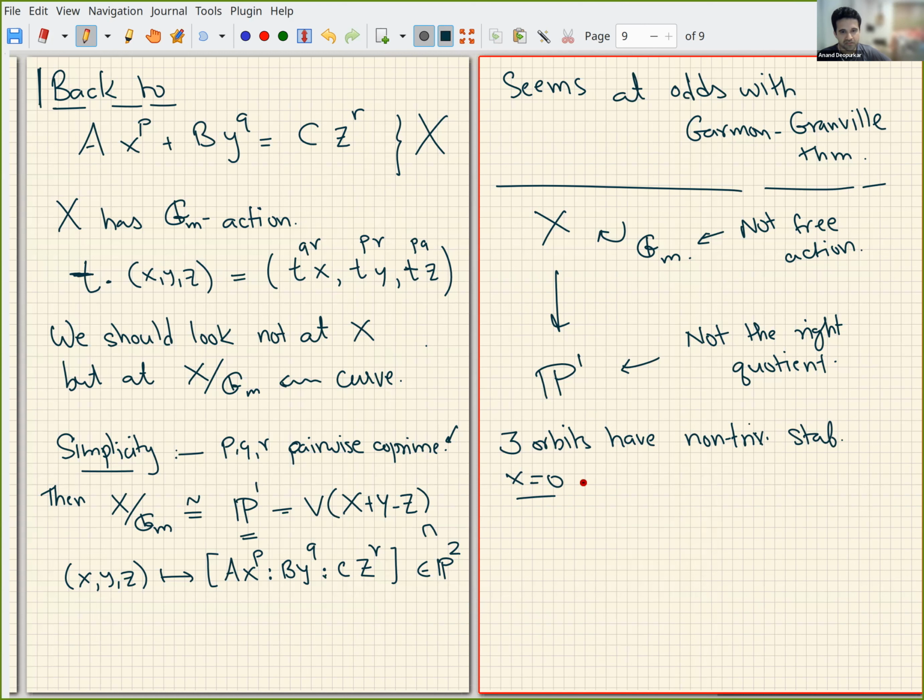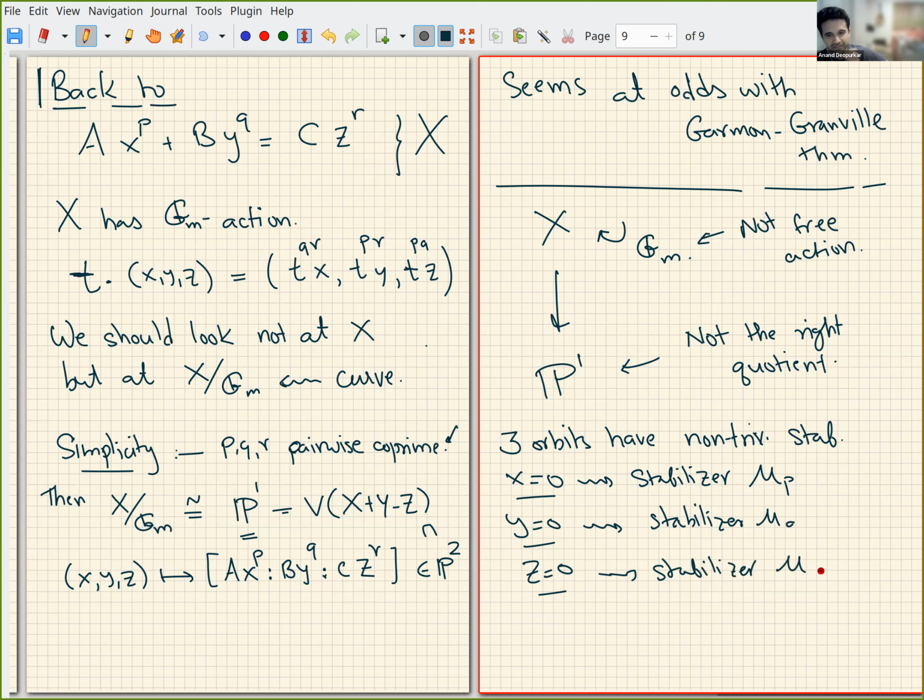So this orbit has stabilizer mu_p, the pth roots of unity. Is that right? Yeah. So the pth roots of unity will act trivially on y and z, and only those. Y equal to 0 has stabilizer mu_q, right? And z equal to 0 has stabilizer